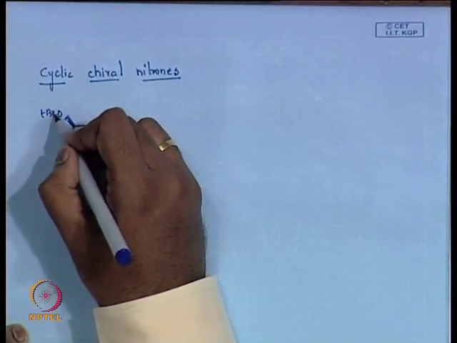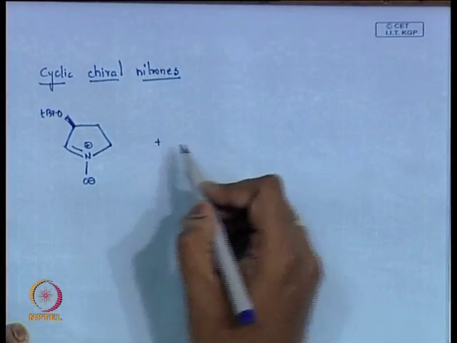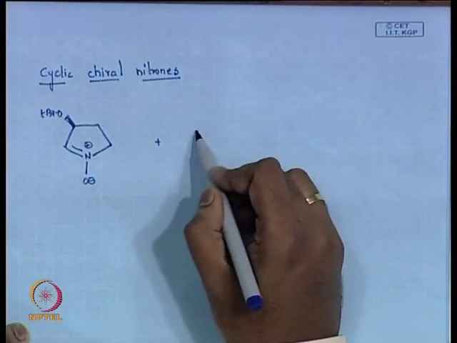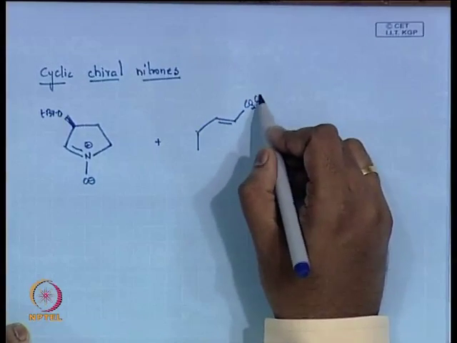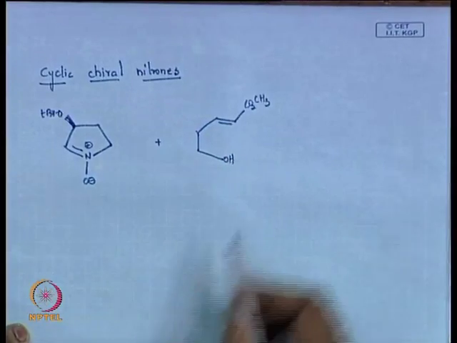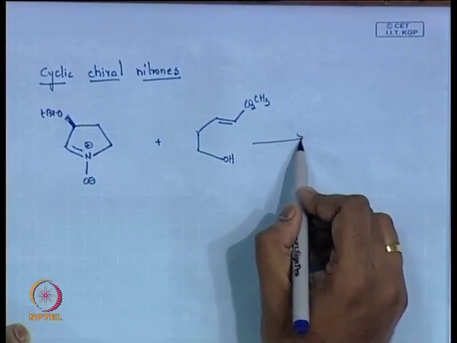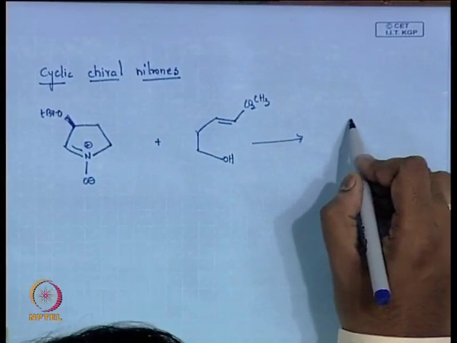So, tertiary butyl, okay. I take this cyclic chiral nitrone, okay, and treat it with my electron deficient alkene. See, if I do the thermal activation of this reaction, you end up with only one product, that is